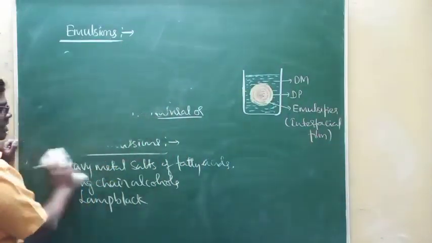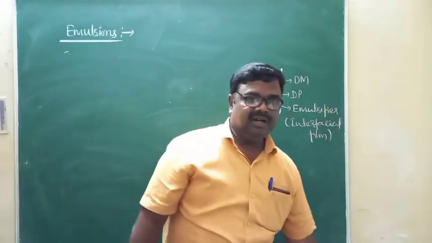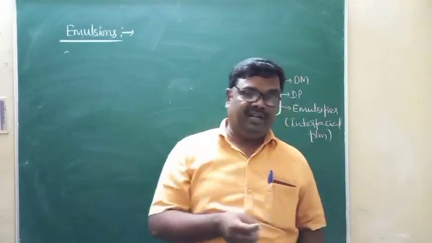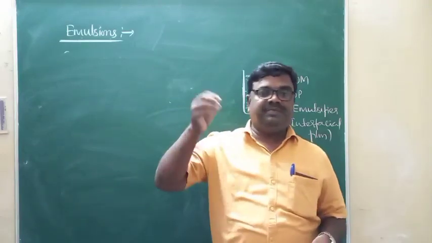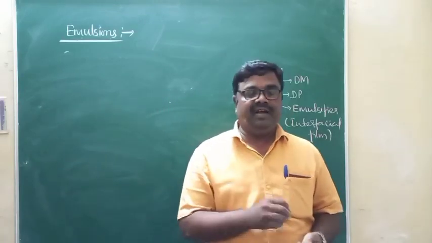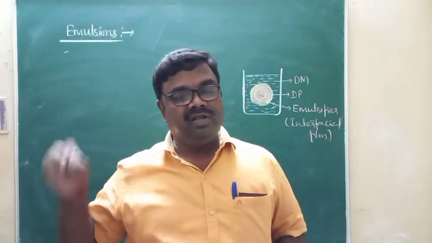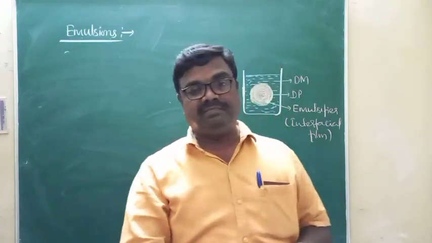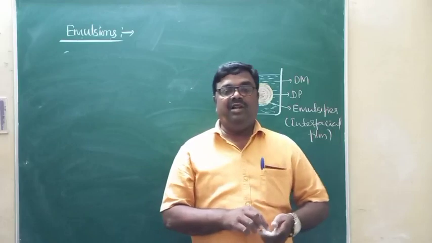Now, as far as emulsions are concerned, emulsions can be diluted by adding dispersion medium. That is, emulsions can be diluted by adding any amount of dispersion medium. However, when the dispersed phase is added, it will form a separate layer with the dispersion medium. For example, milk is an example of an oil in water type emulsion, so water is the dispersion medium. Therefore, milk can be diluted by adding any amount of water. This is what we call the dilution of emulsions.